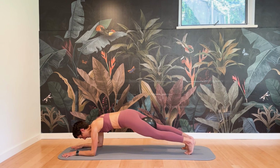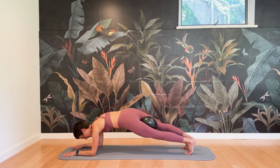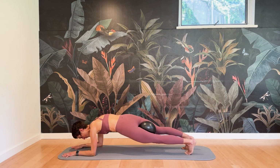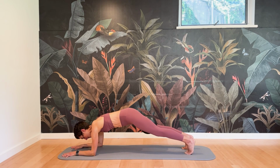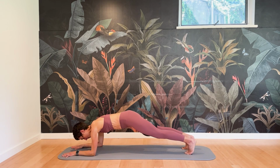And now we'll stay on one side and we'll just dip slightly and lift. 9, 8, 7, 6, 5, 4, 3, 2, and 1. And then other side. 10, 9, 8, 7, 6, 5, 4,